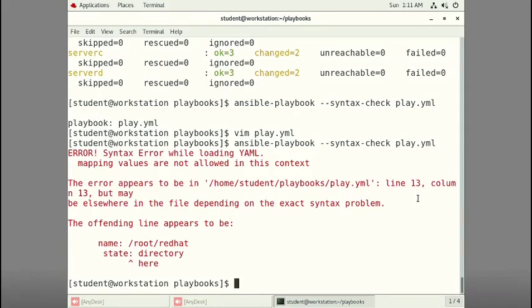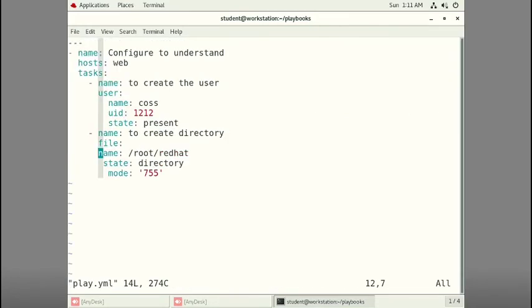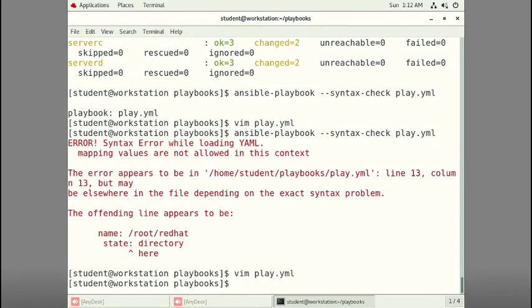You can see line number 13, column number 13, you may have an error in that place. So directly in this case you can reach there, see the error at line 12 or 13, correct it, and verify that.